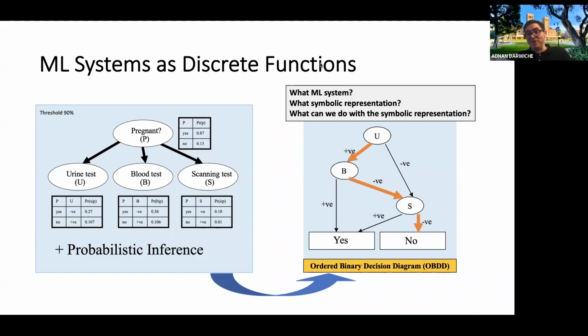But then beyond the formulation question, there is the computation question. So I'll tell you, okay, to do explanations, that's the right way of doing it. Then I have to compute. So the kind of symbolic representation that you compile into ends up being very relevant. And this is what I'm going to spend a few slides next on, to tell you what that world is, because that's a very rich subject of what do I map into. The OBDD is just one example, but there is a bigger picture there that we need to paint. So let me go ahead and say a few words on the first two questions and then spend more time